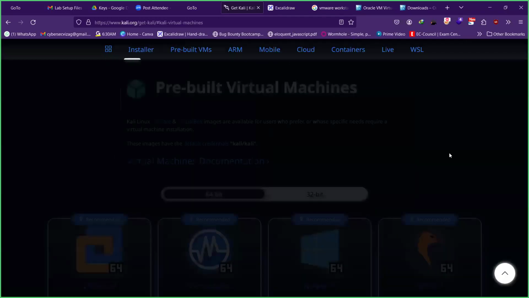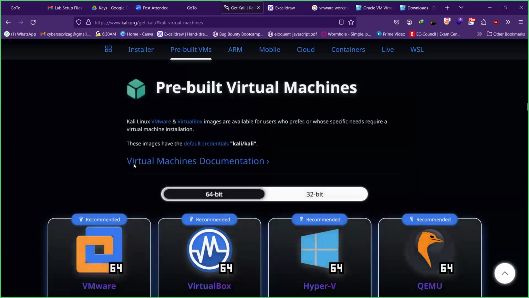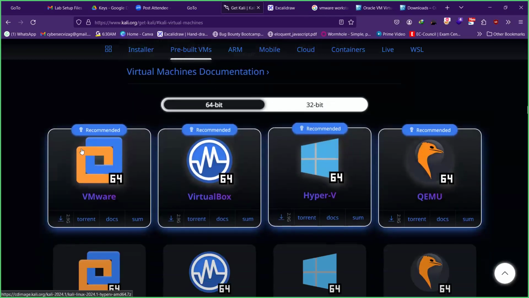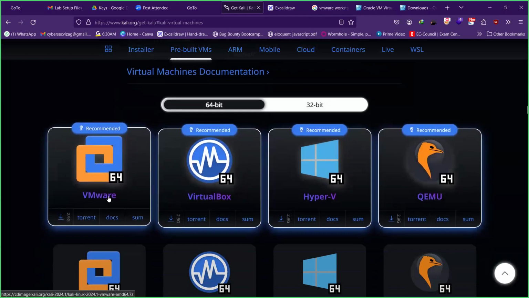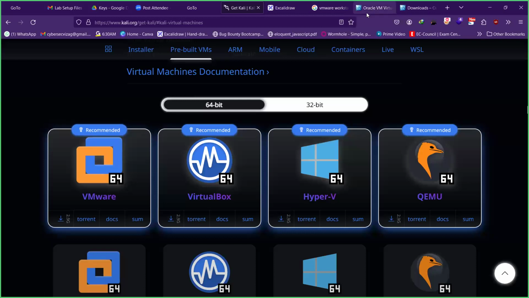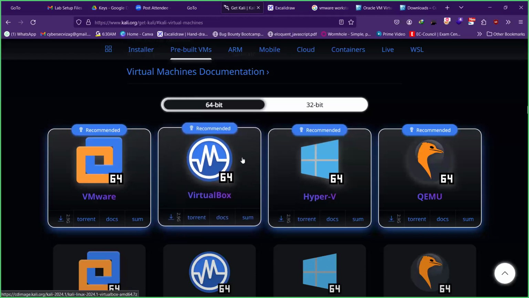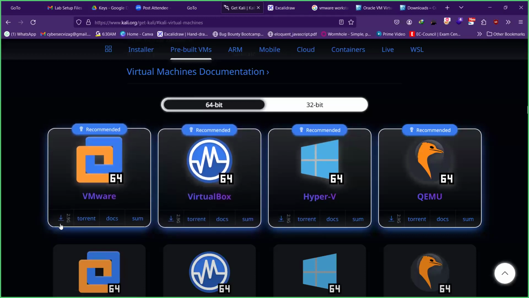So when I click on this, it shows me the download links for the Kali operating system for various virtualization platforms. And what we have on our system right now is VMware. Just in case if you're working on Mac, you would install Oracle VirtualBox, and then you would download the VirtualBox file for Kali. Right now on my system, since I have the VMware one, I need to click on this download link. And when I click on that, it's going to download a file which is around 2.9 gigabytes.